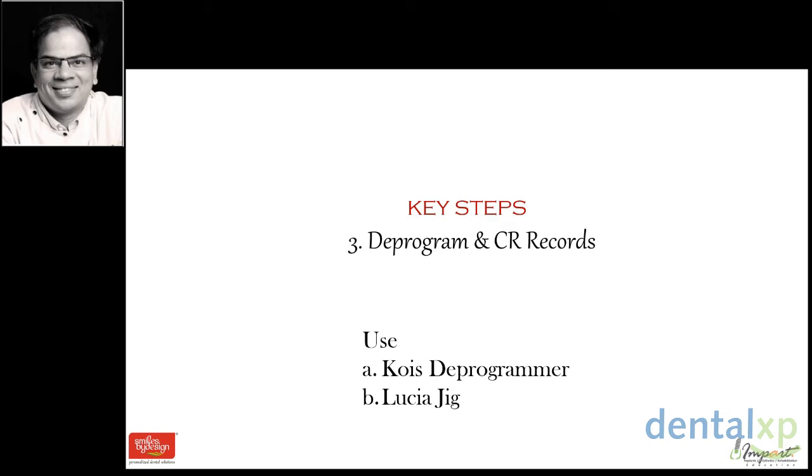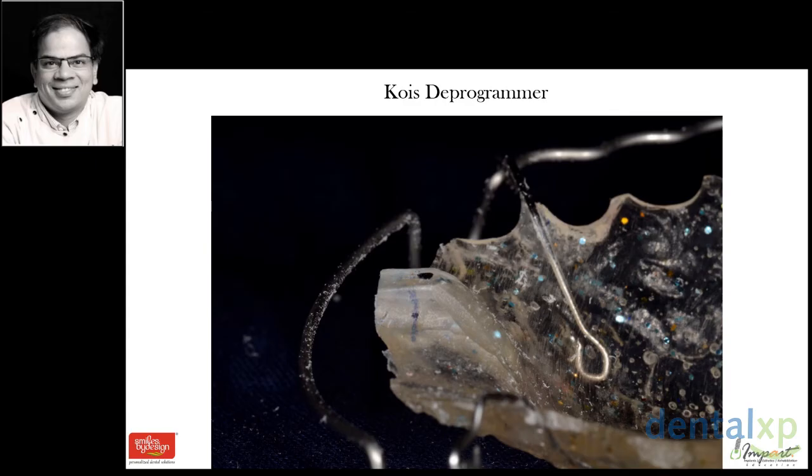A Kois deprogrammer is basically a plate like this, which has an anterior ramp into which the lower tooth will come and make a single point contact, so that you will have only the lower anteriors touching this ramp and no other teeth will be contacting at all. So all the influence of dentition on the muscles is removed and the muscles are allowed to relax and take the condyles in their home position. That's the position of comfort. It could be the centric relation by definition, which is the anterior superior position in the glenoid fossa, or it could be any other adapted position in the TMJ, as long as it's reproducible and is a position of comfort.